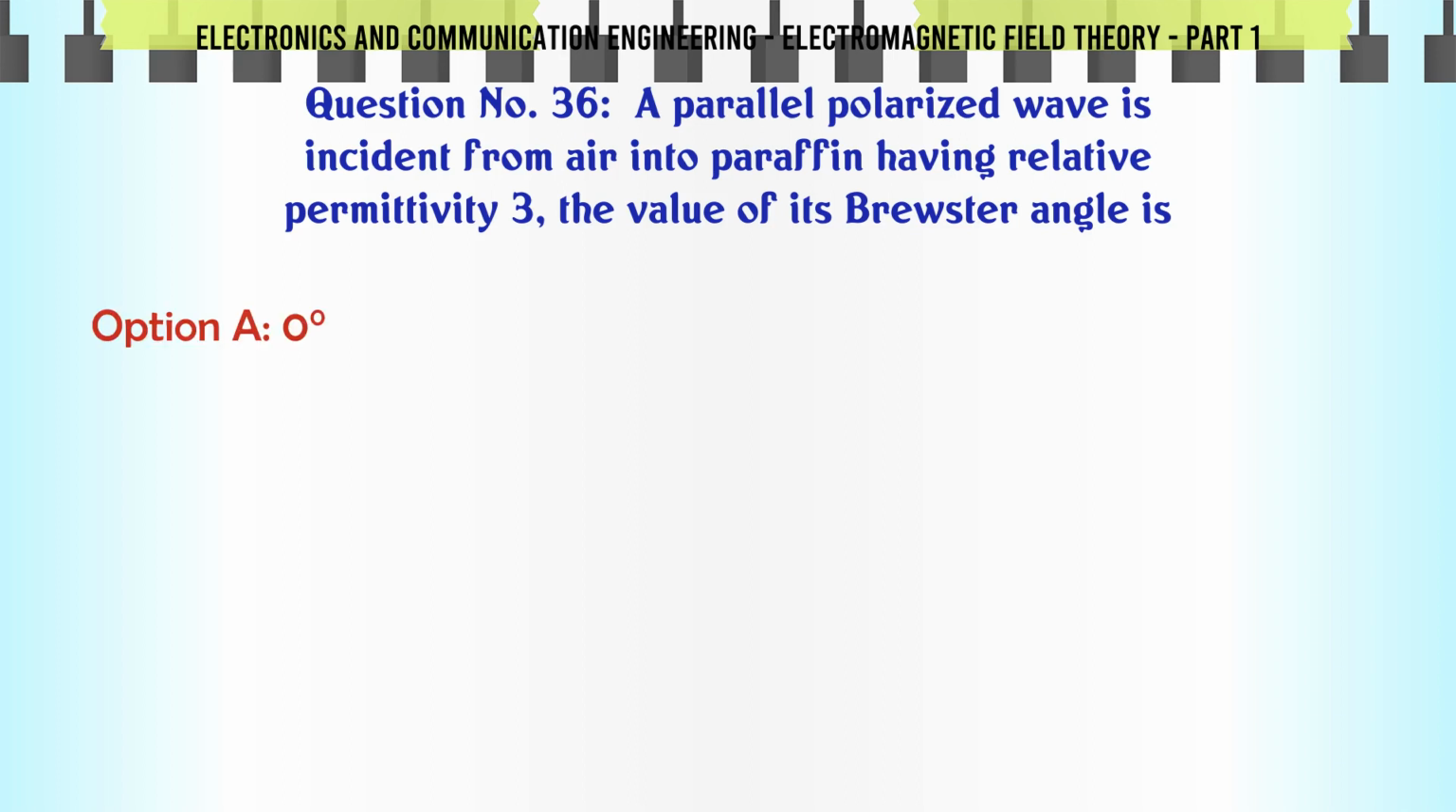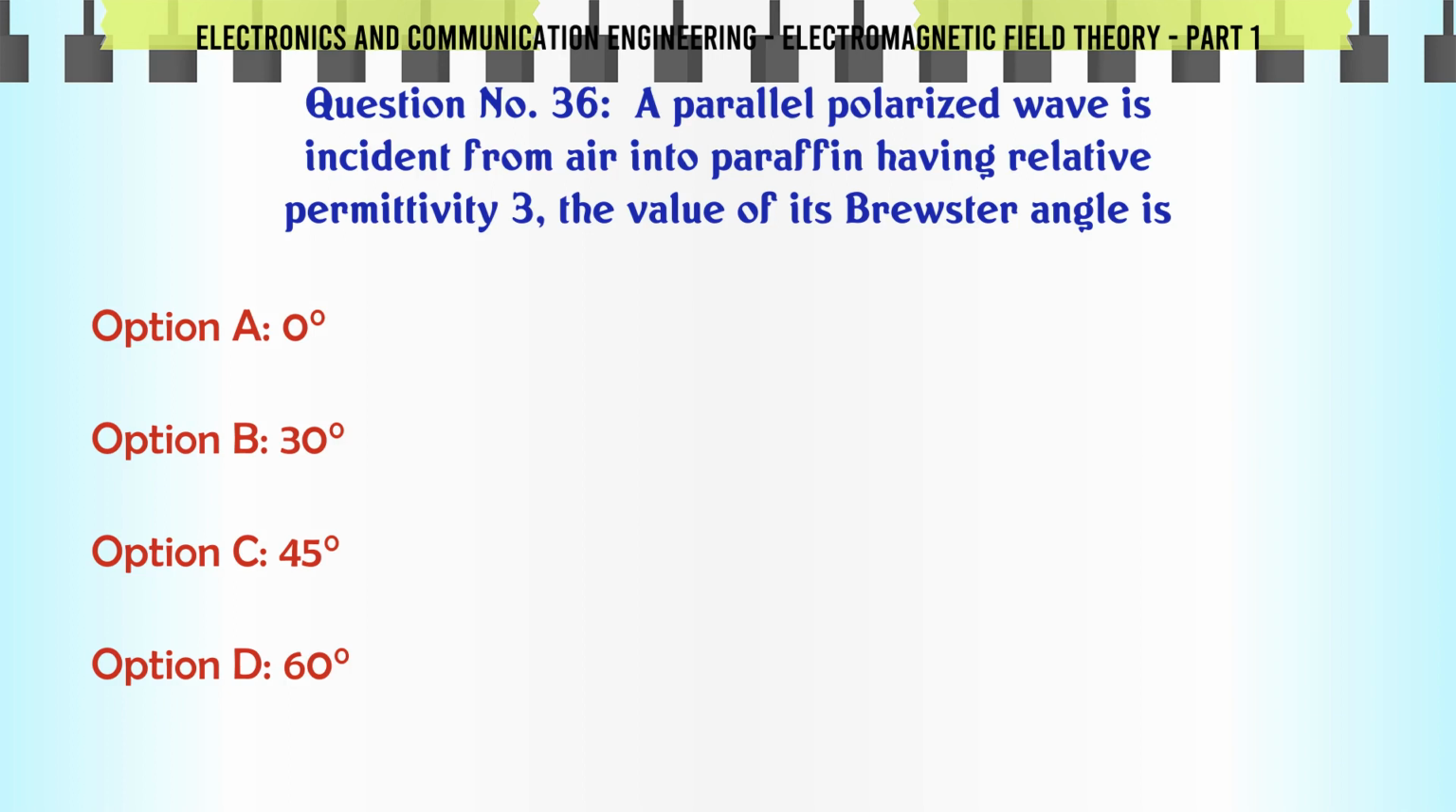A parallel polarized wave is incident from air into paraffin having relative permittivity 3. The value of its Brewster angle is: A, 0; B, 30; C, 45; D, 60. The correct answer is